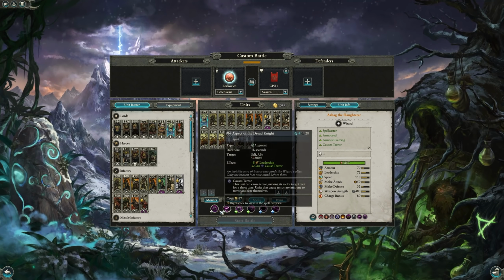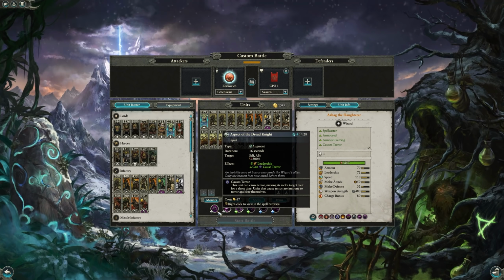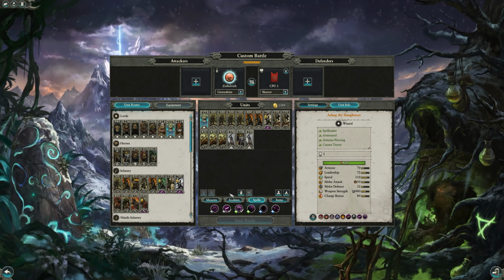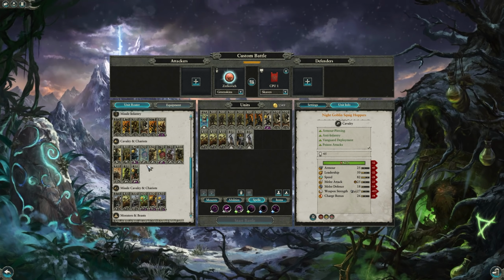But we could take the same 2 spells, Spirit Leech and Doom and Darkness. Or you could try the Aspect of the Dread Knight, which will cause terror. If you put that on the Trolls when they've beaten something up, it'll give a good chance to terror rout that thing away. So that could be an option, but these 2 are okay. You can do some work with these. Not necessarily the best lore book in my opinion, like I said, against the Skaven,